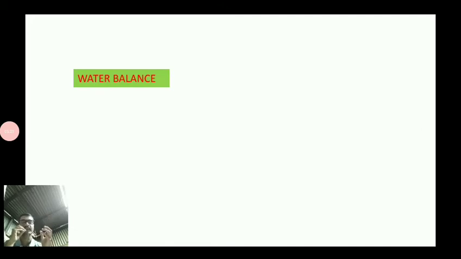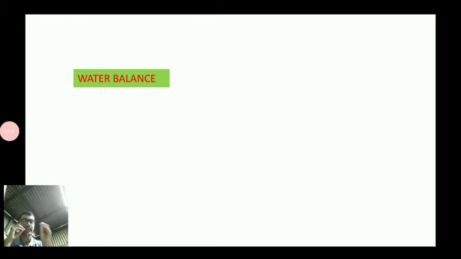Now, in case of water balance, we can classify it into two types. One is the positive balance and the next one is the negative balance. When your body is in a balanced situation, that means the input and output of water are the same, if at that time your body gains an extra amount of water that is not necessary, it is known as the positive balance. Your body doesn't need any water, but you add some water which your body also gains. So this extra amount of water will give you the positive balance of water.